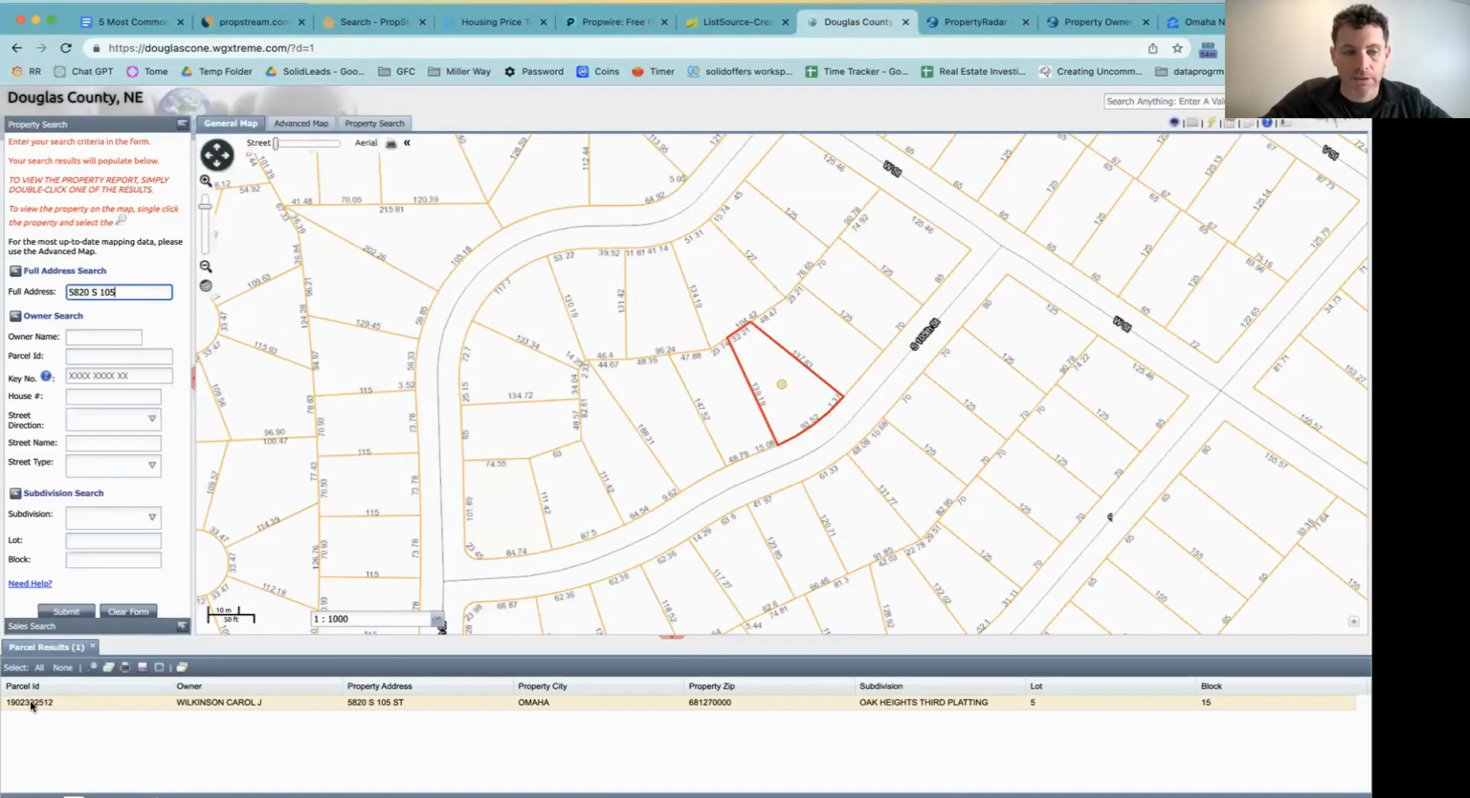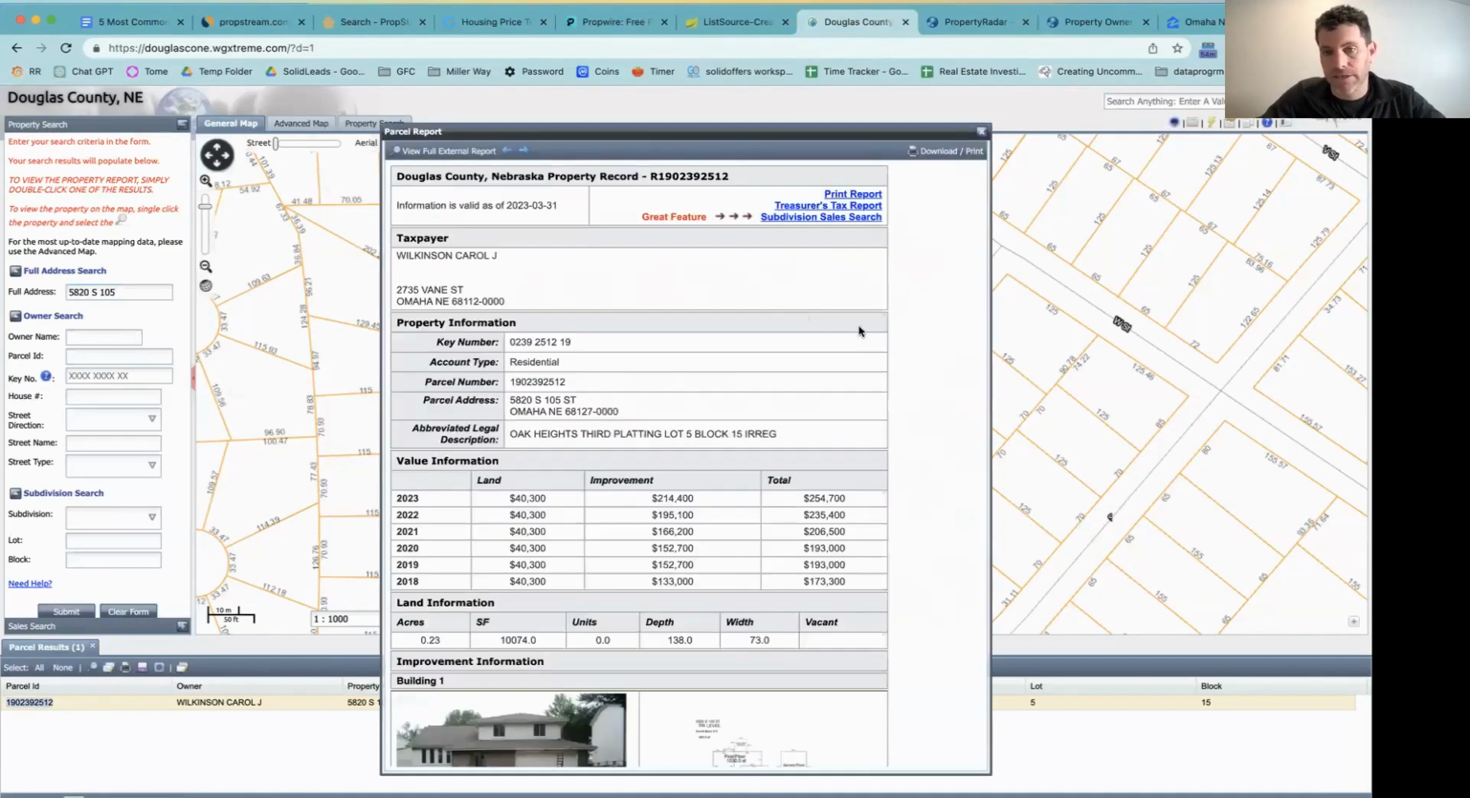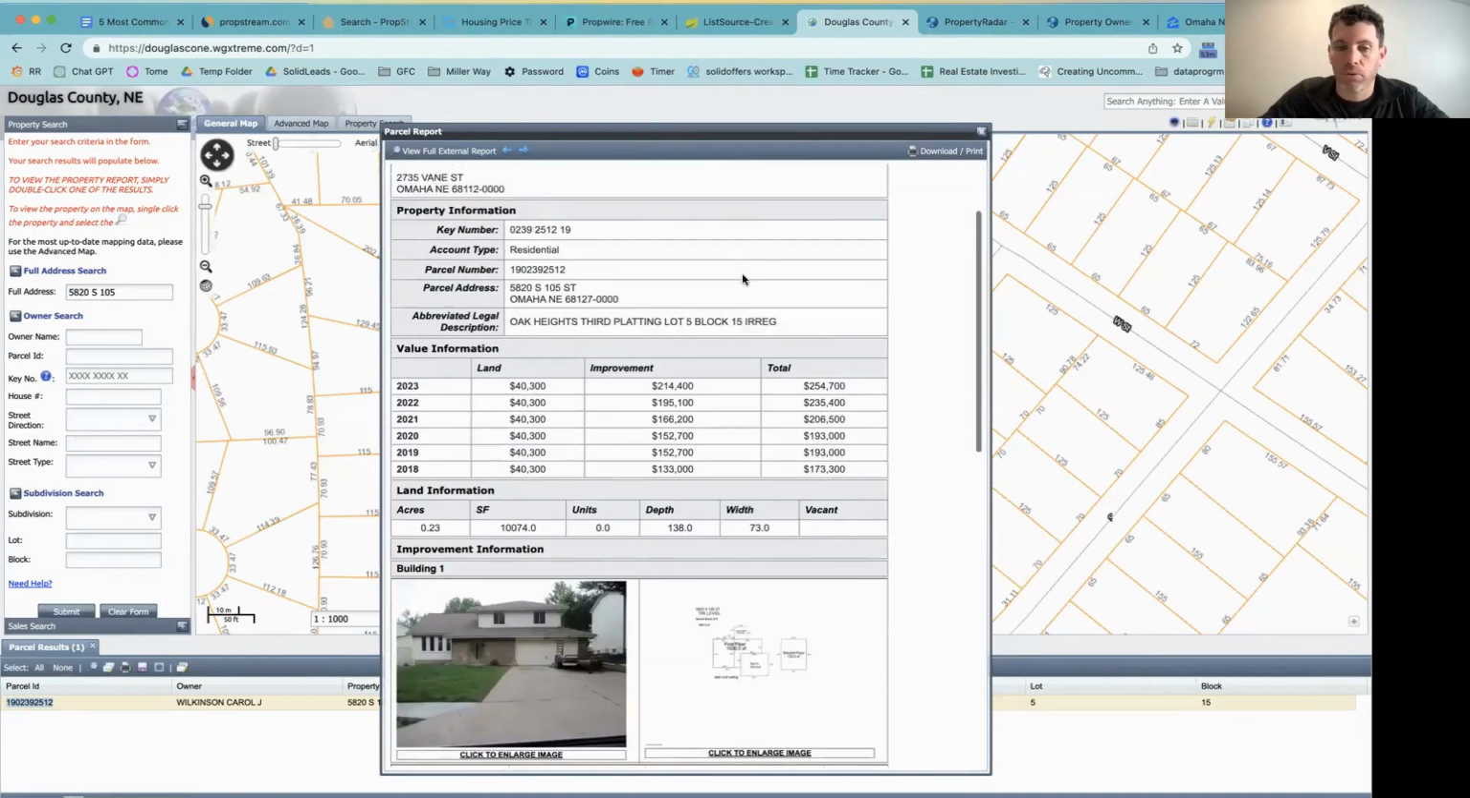You would put in the address, and every county is going to be different, but I'm just showing you. Yeah, this takes a ton of work for one property, but you need to do it for at least one, you know, at least a dozen properties to verify that the information is correct. So I pull this up,